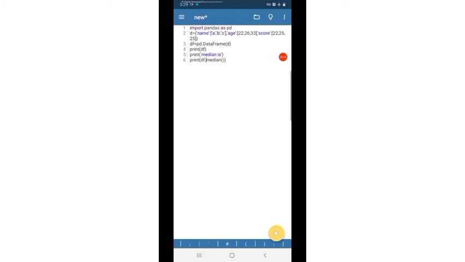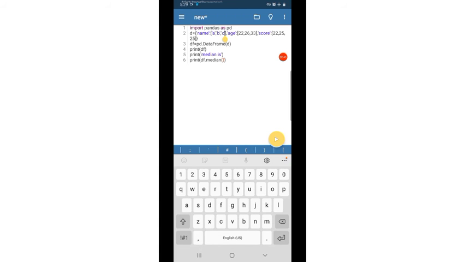Suppose we have four values. Then the average will be the median.